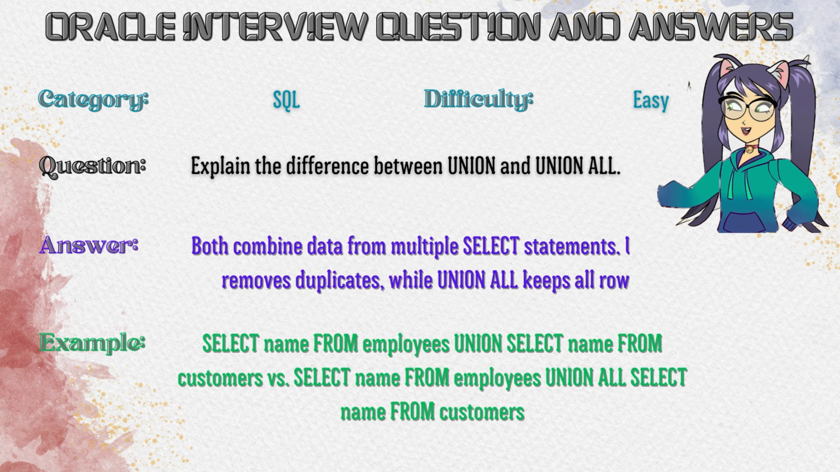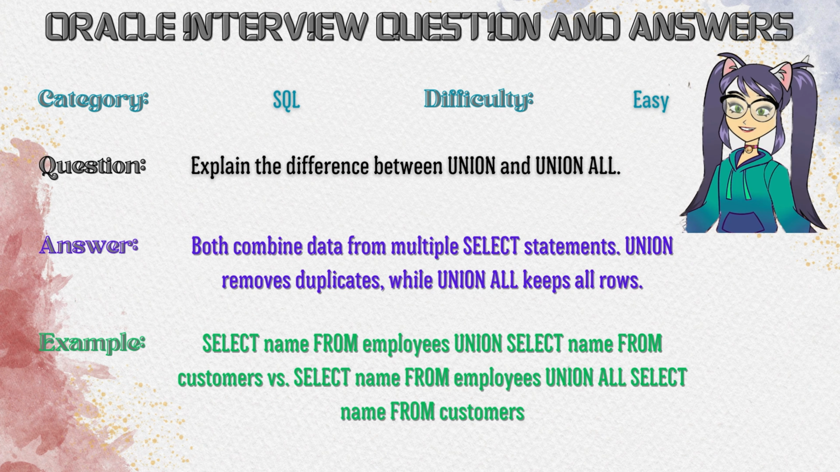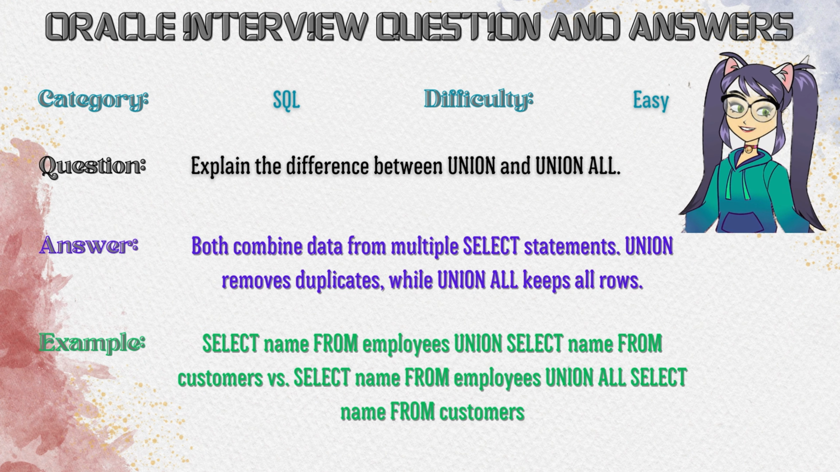Next question: explain the difference between union and union all, and the answer is both combine data from multiple select statements. Union removes duplicates, while union all keeps all rows. For example, select name from employees union select name from customers versus select name from employees union all select name